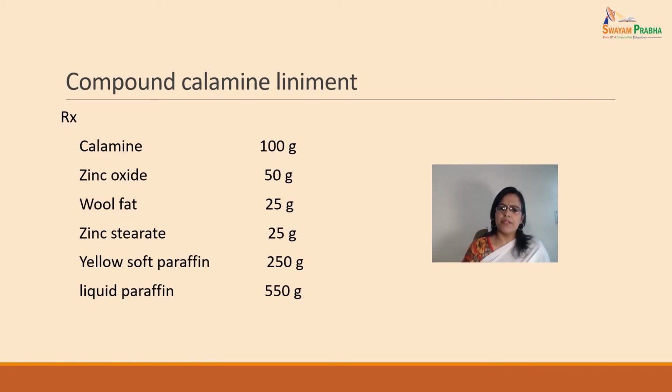There is another preparation I'm showing, that calamine liniment. Calamine is a major component. Okay, zinc oxide, wool fat, zinc stearate, yellow soft paraffin and liquid paraffin. It is the composition of calamine liniment. So what we have to do in this liniment preparation is,